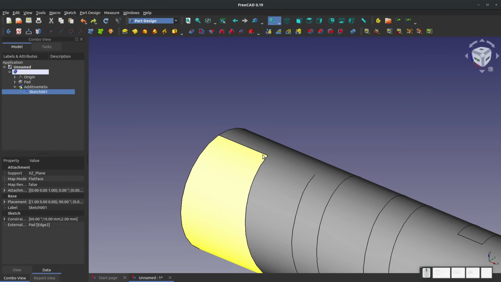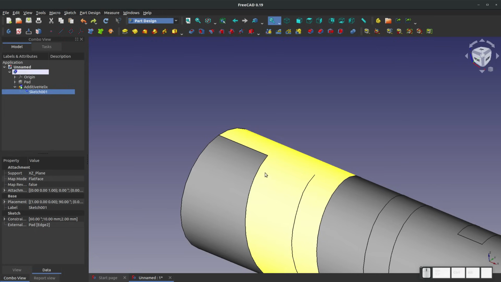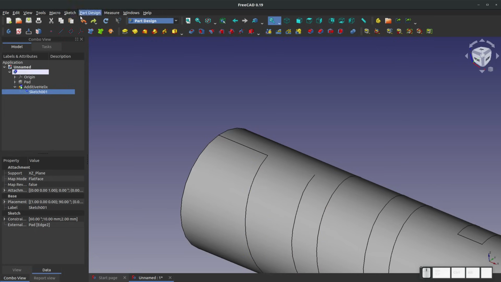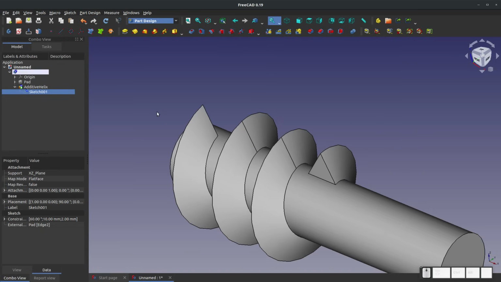Now, if you're confused by zero thickness, I have another video on my channel that explains zero thickness in a lot more detail. Feel free to look that up. So zero thickness, Joko Engineering should come right up. I'm going to hit redo. And there we go, right? There's our